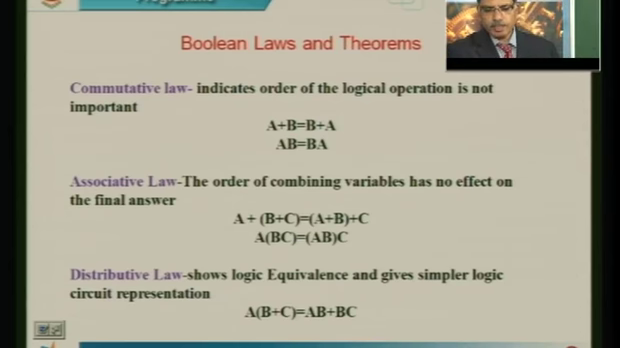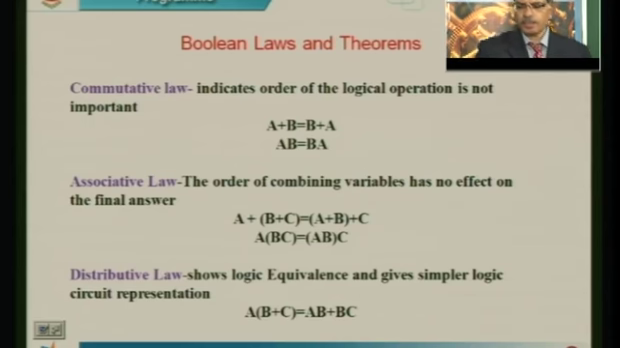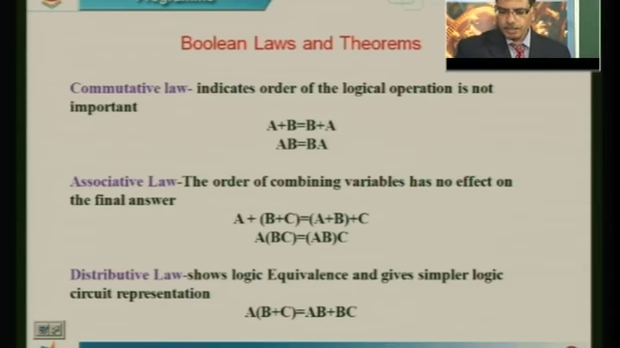What is the significance of this commutative law? The order of the logical operations is not important here; whether A plus B or B plus A, the output that I get is the same. In a logic circuit, this commutative law helps us to transpose the inputs such that we get the same output. The other law is the associative law, that is, A plus (B plus C)